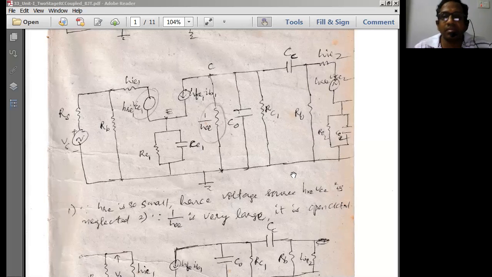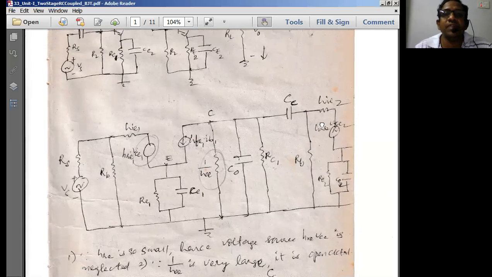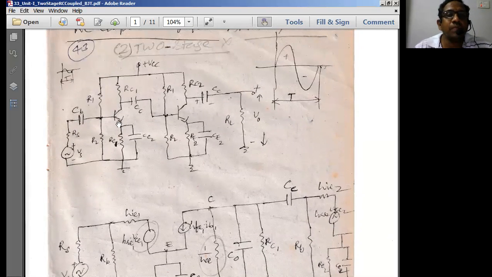So basically, the RC coupled amplifier comes out to be a two-stage RC coupled amplifier, where two amplifiers have been interconnected by the RC network. So what is RC here? The collector resistance of the Q1 transistor, along with the coupling capacitor of the Q1 transistor, is being used to couple to another amplifier stage. Therefore we simply call this an RC coupled type of amplifier connection.